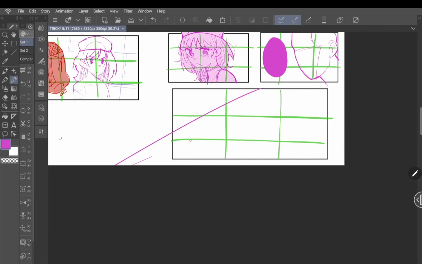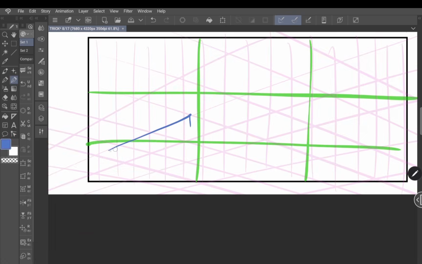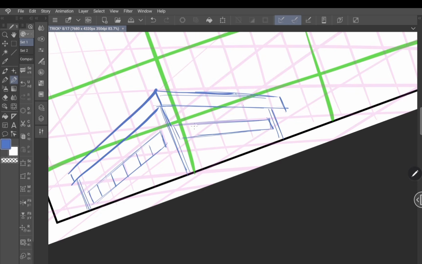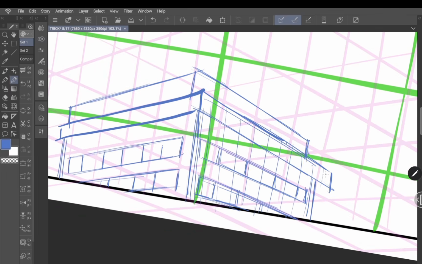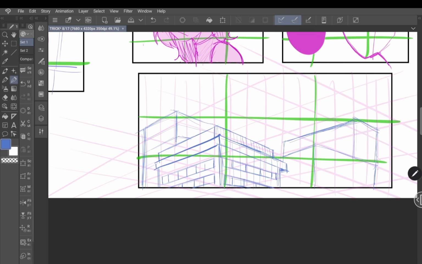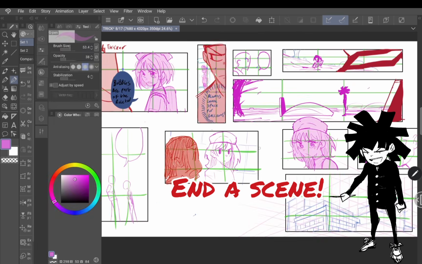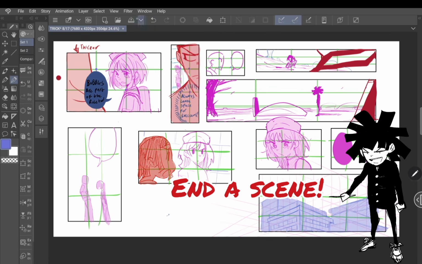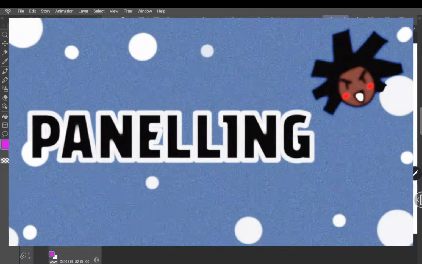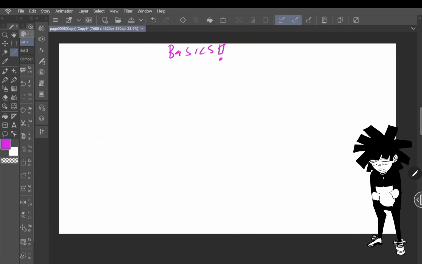You can also use values to guide a reader's eye, but I'll talk about that a bit later when I talk about contrast. And as you can see here, I'm drawing a few buildings. Usually you use this kind of shot to end a scene, or in some cases to be an establishing shot. I'm going to cover paneling, but let me cover the super basics first, which you've heard from every tutorial already,